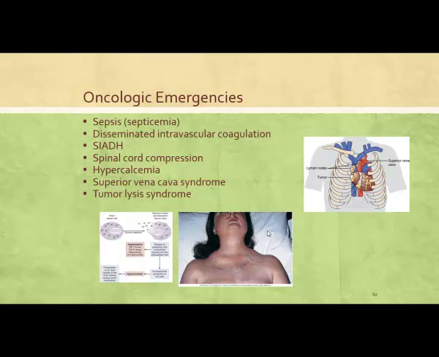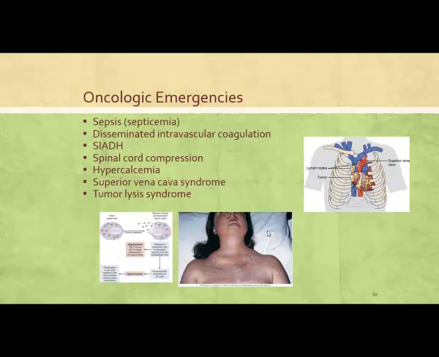Going to have head, neck, facial swelling, engorged blood vessels. There's a picture of this lady on your screen. We see this oftentimes with lymphoma or lung or breast cancer, because when you think about your vena cava, think about where your lungs are, think about where your breasts are. Treatment is really quite palliative. We might use some high dose radiation or maybe use a stent in the vena cava. That's only going to provide us temporary relief. It's not going to be something long term.